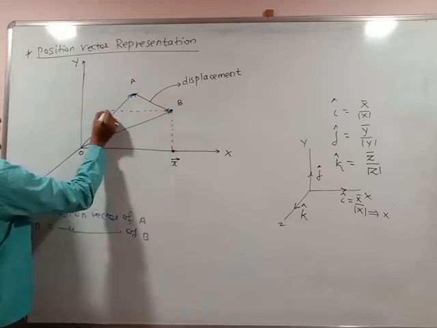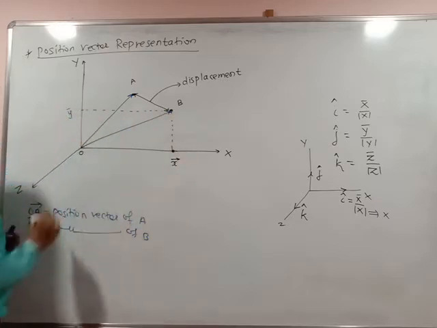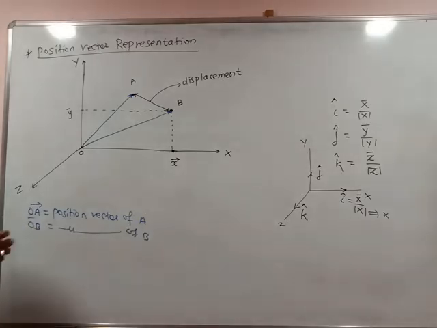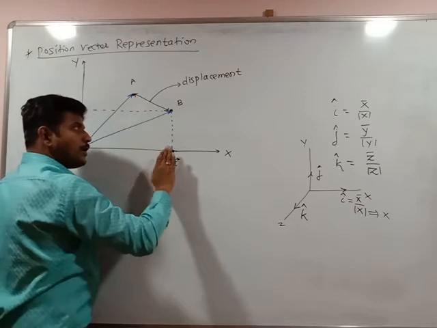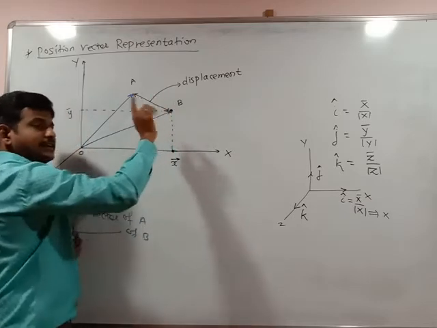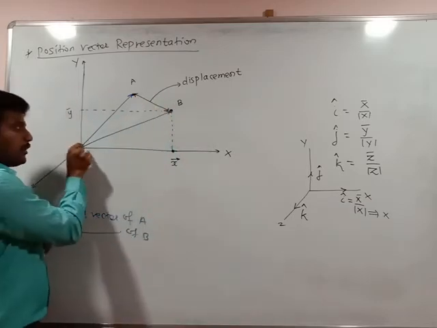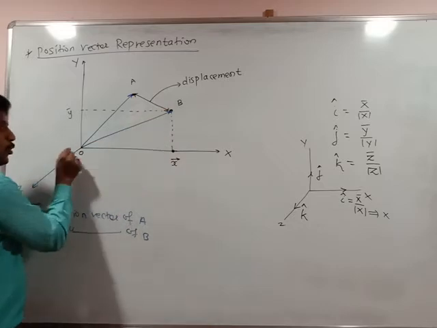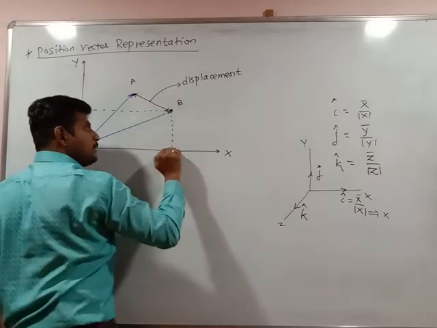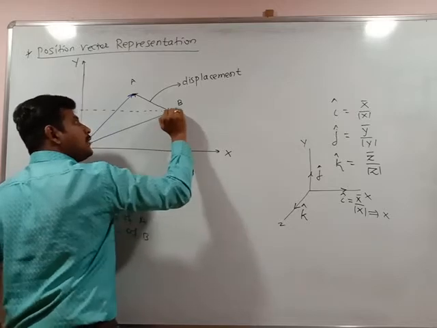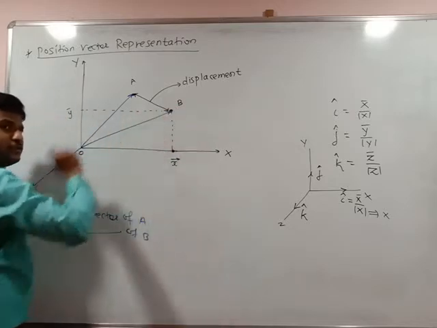Its position at Y axis, it is a Y bar. Means I have to go to X position horizontally, then I have to go Y position vertically. Try to understand. Instead of going OB, I have to go OX. I will go to the X position horizontally, then I will move to the point X to the Y distance, then I can reach to the position B.